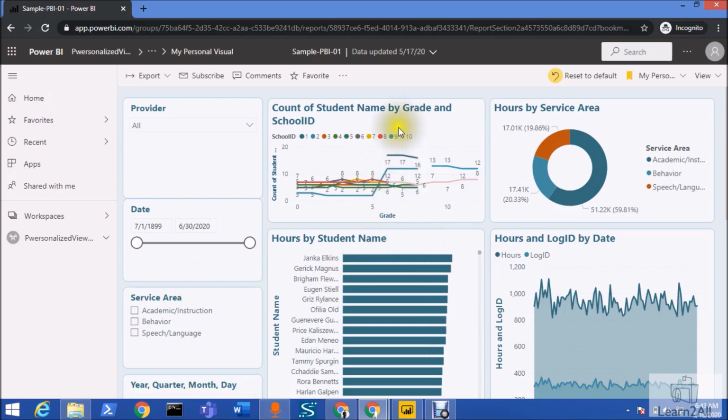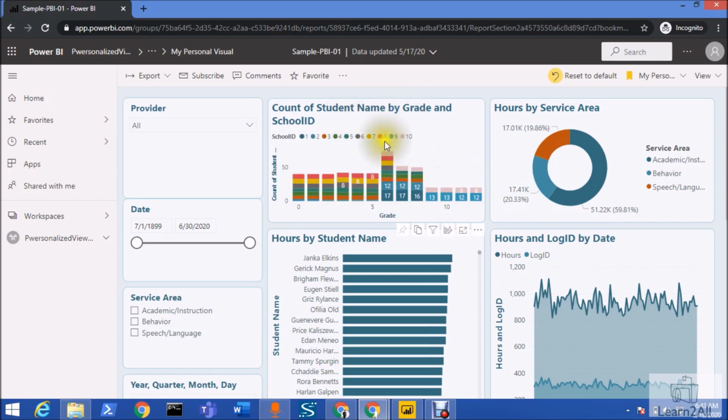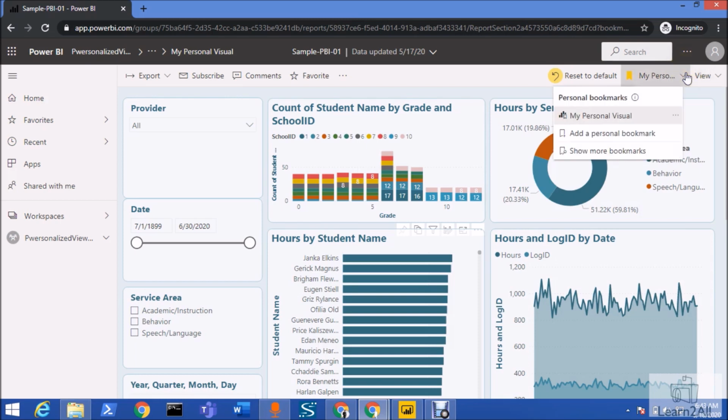Now let's say, for an example, if I want to revert this visual back, how can we do it easily? For that, just click on the visualization or hover over the visualization. There you have the applied personalized visual, and you will have the reset this visual option over here. So once you do reset, this visual will be reset for you. And once you reset this, you need to update your bookmark. For that you just need to click on this ellipsis and click on update, and that is how you are able to save this visual into your bookmark, right?